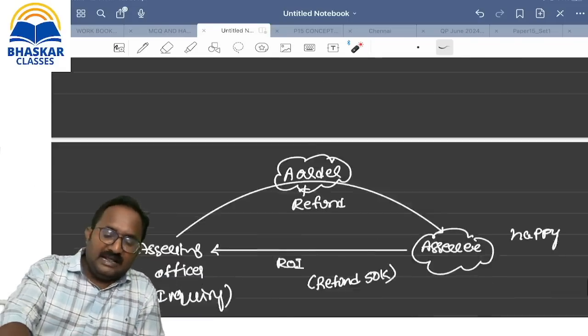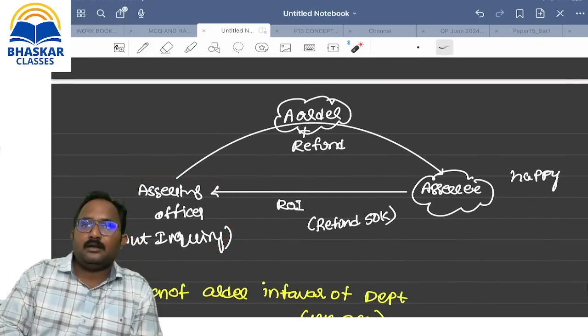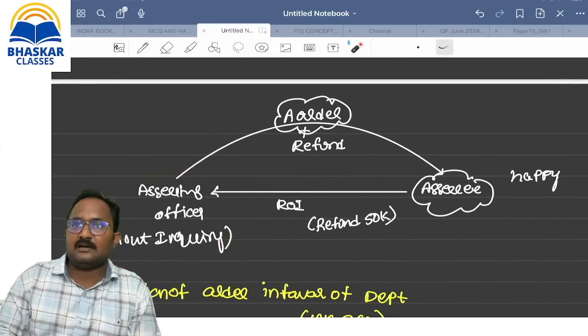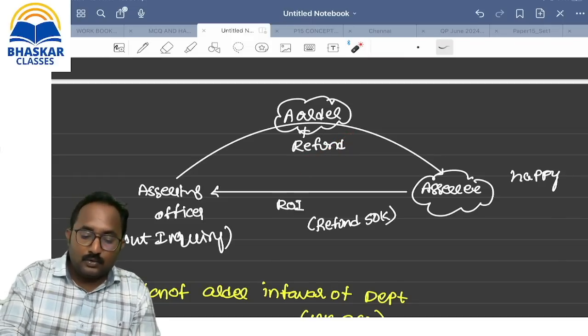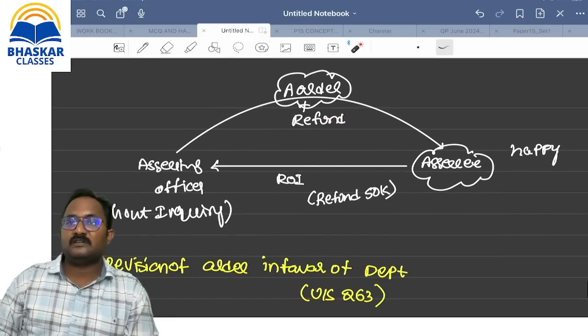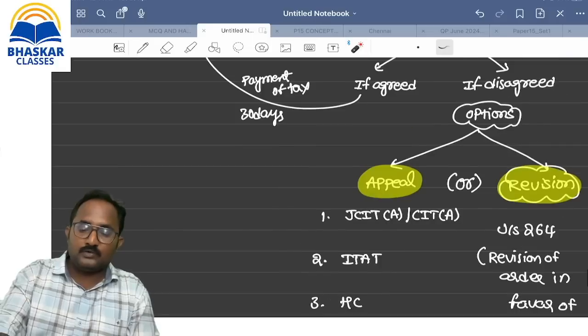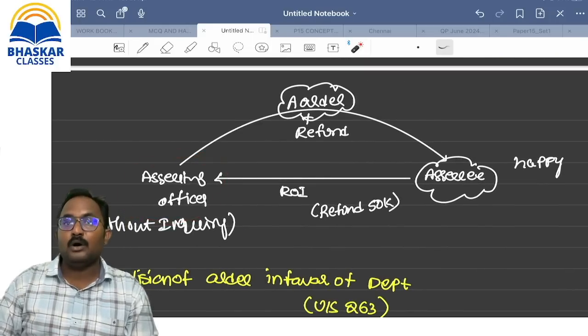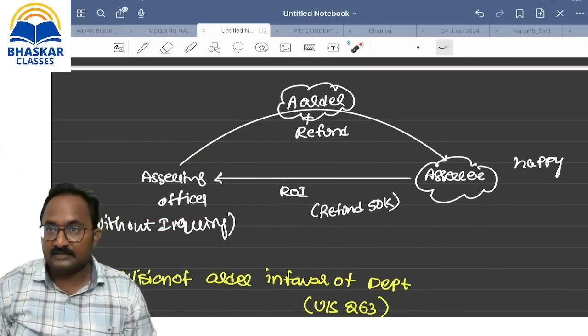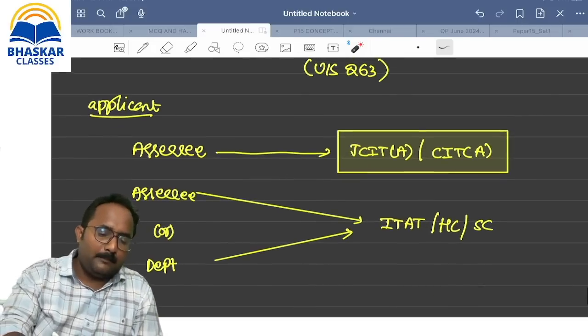Now, if any lazy assessing officer conducted the assessment and anything was done that causes a loss to the department, the department can convert this order in its favor under section 263, revision of order under section 263. Both the revisions, 264 revision and 263 revision, can be done by whom? CIT. Because in these cases the order was passed by whom? The AO, and that can be revised only by his higher authority, who is the CIT. Next point, the applicants' points are already done.